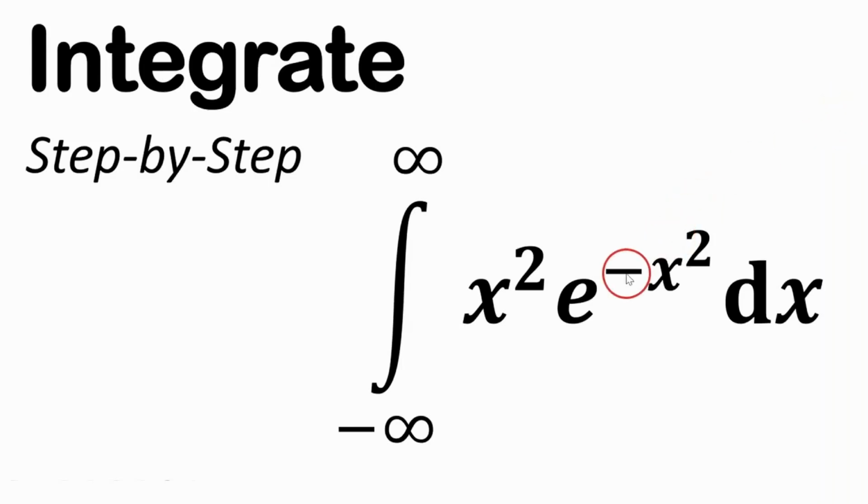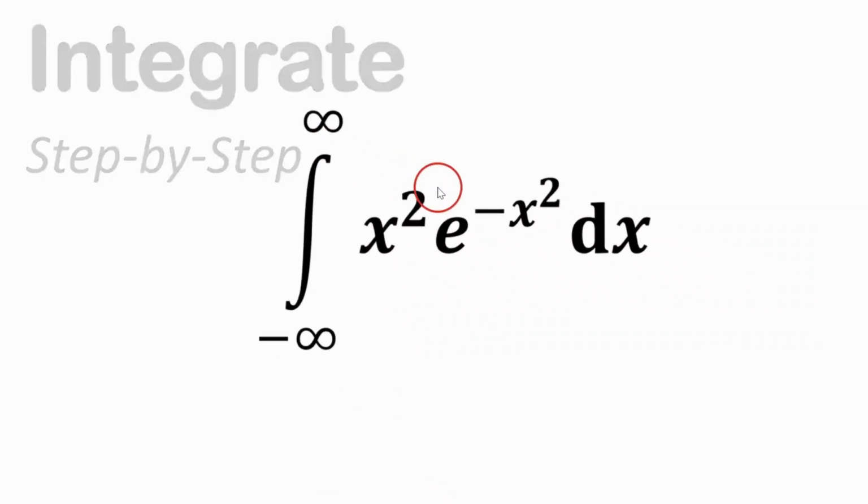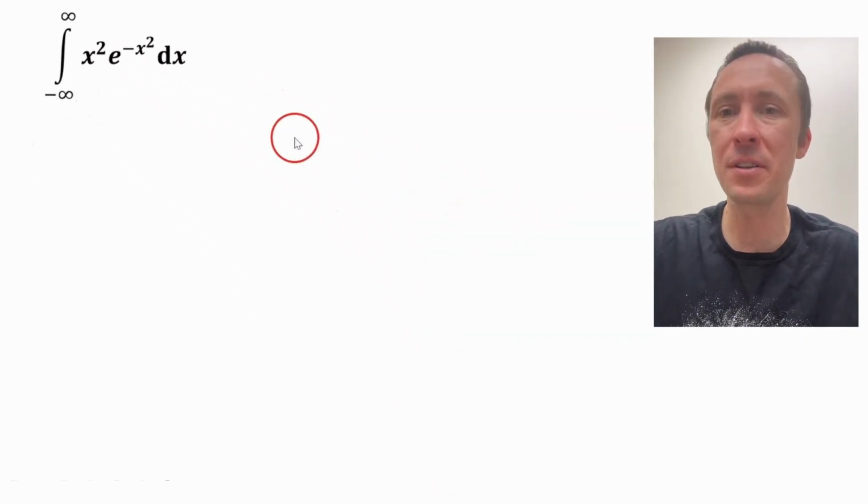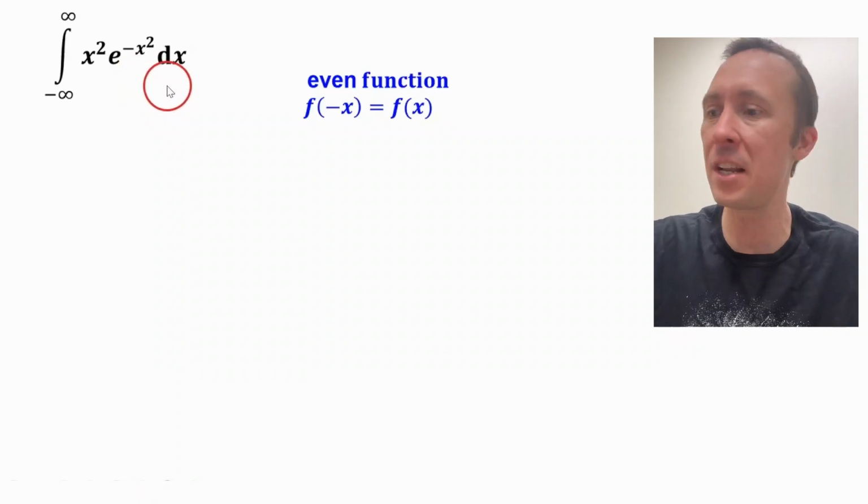What's up, my friends? We're going to integrate x squared times e to the negative x squared from negative infinity to infinity, and it's going to be awesome. It's going to be super short. The first thing we're going to do is use the fact that this is an even function, and because of